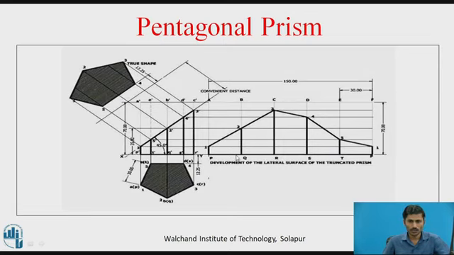Name these P, Q, R, S, T, because we have cut this prism at a vertical edge, that is PA. So transfer this point number 1. Since it is on the PA vertical edge, transfer it on PA. So we get this point here and this point here, because here one more PA line is there. Next, point number 2 is on QB, so we transfer it on the QB line. Point number 3 is here, so transfer it on the RC vertical edge. So we get this point as point number 3.